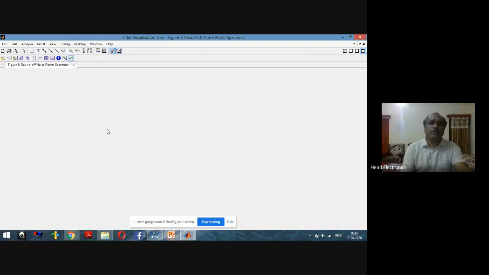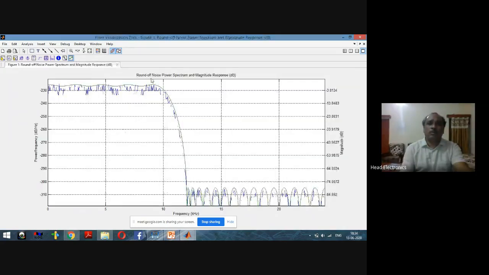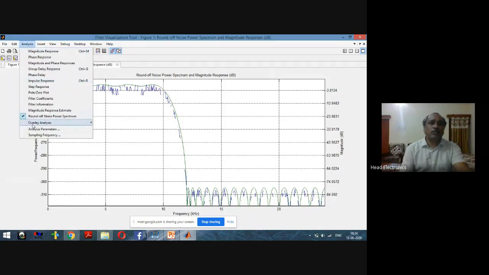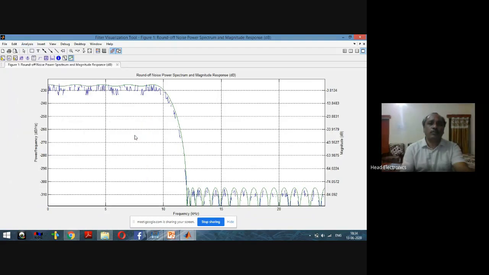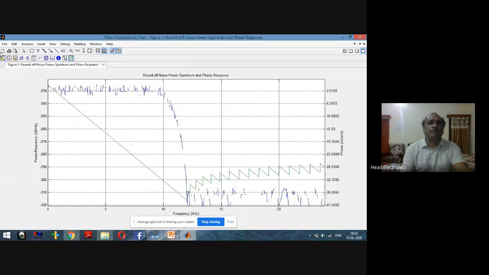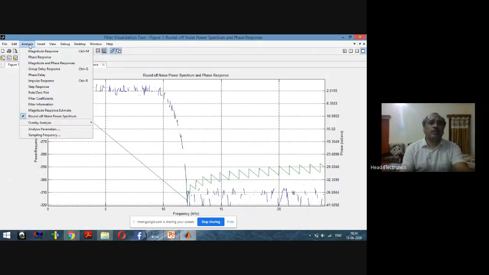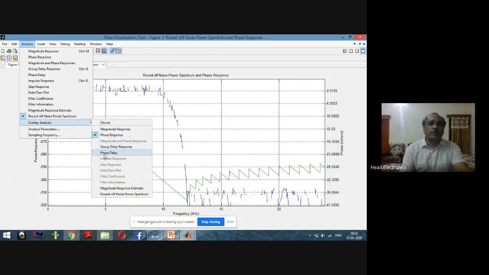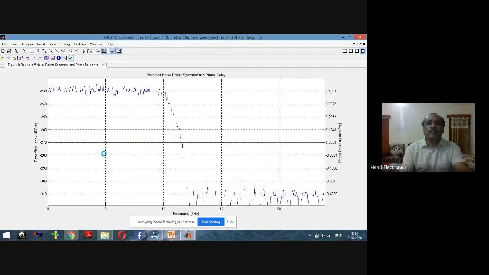Suppose this is the round-off noise, and the second one is the magnitude. Similarly, if we are interested in overlaying more, say the phase response, it will be added here. And if we want another one, say the phase delay, the phase delay will also be there.